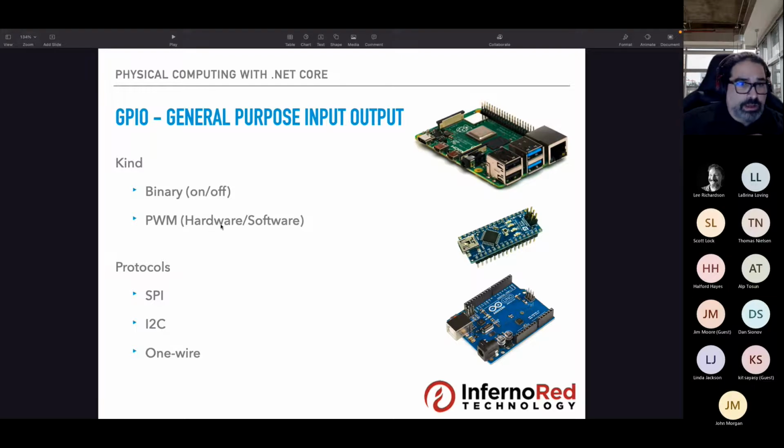What do I mean by that? If we wanted to have, for example, 2.2 volts, we wouldn't be able to tell the hardware to actually produce that for us. So in software, using PWM, by providing a frequency, we can make that a reality, making the output of the Raspberry Pi be less or more than the full output by controlling the pinout.